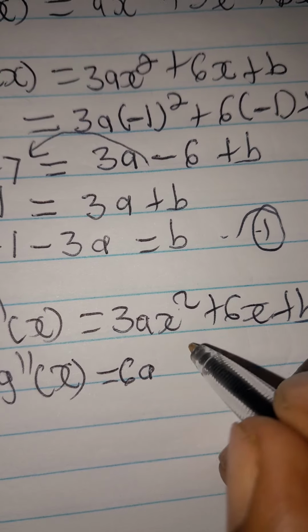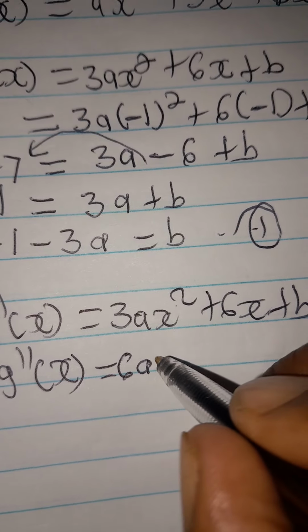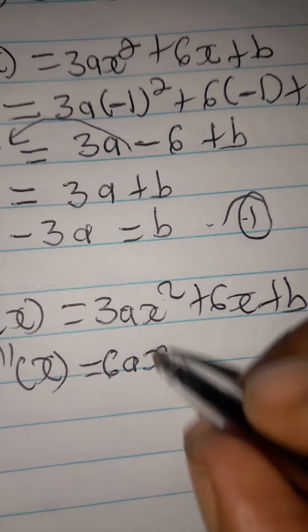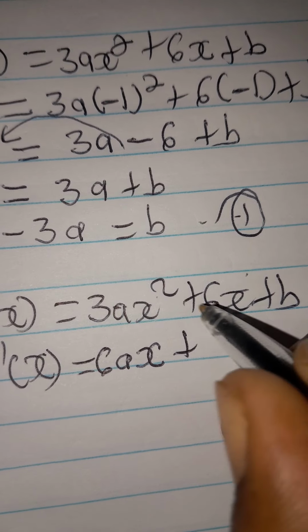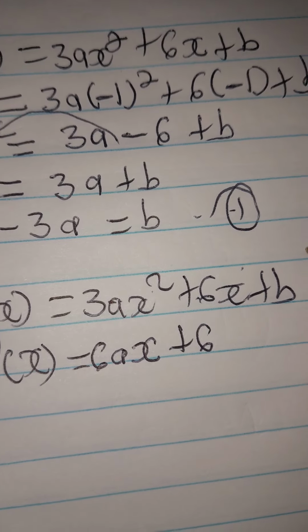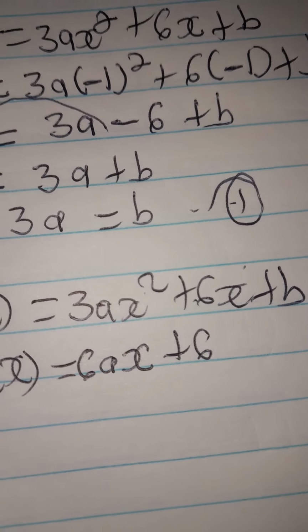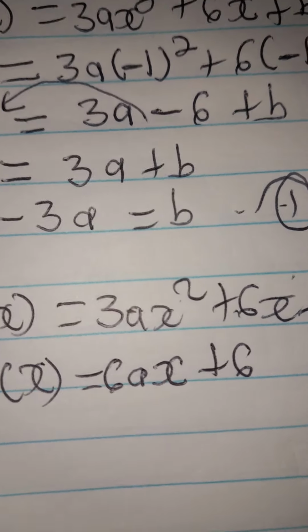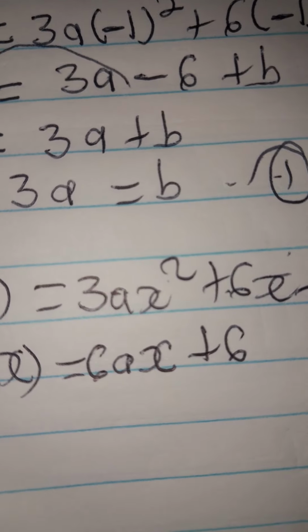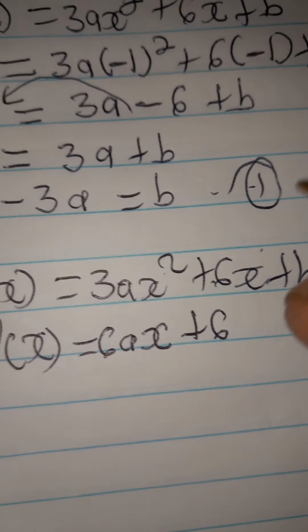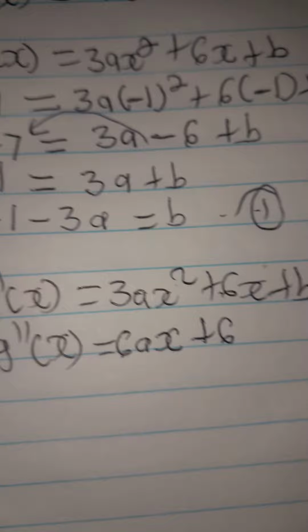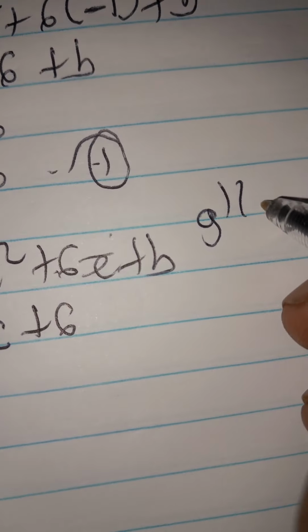Therefore 2 minus 1, that will be 1. So we are left with 6ax. Therefore 6 times 1, that will be 6, and 1 minus 1, that will be 0. x to the power of 0 is 1, and 1 times 6 is 6. So in this case, we have 6ax plus 6. So remember that the second derivative of this graph at the point of